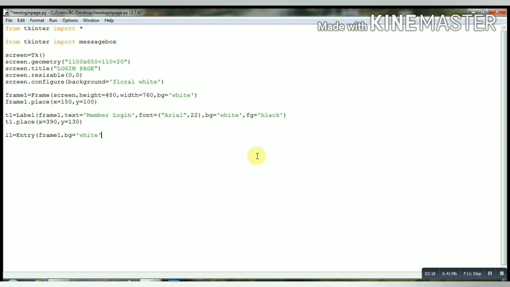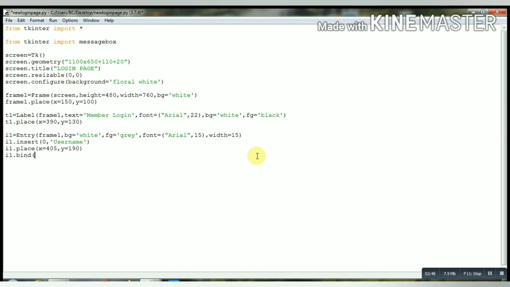Background we will set as white and foreground as gray initially, and font Arial 15 and width 15. Now insert 0, username, meaning first we will give it a text that is username. Now I1.place at x equals 405 and y equals 190.